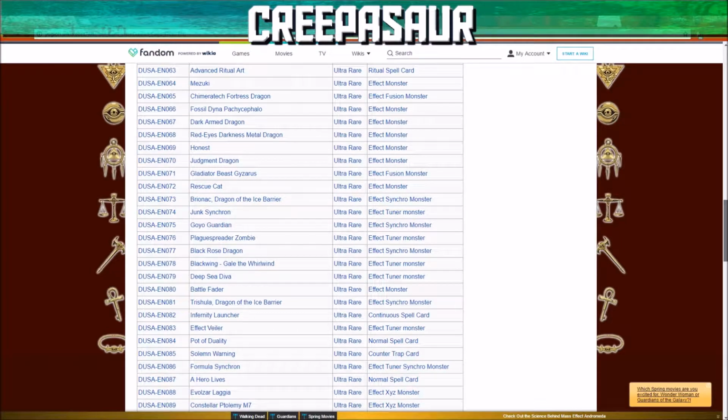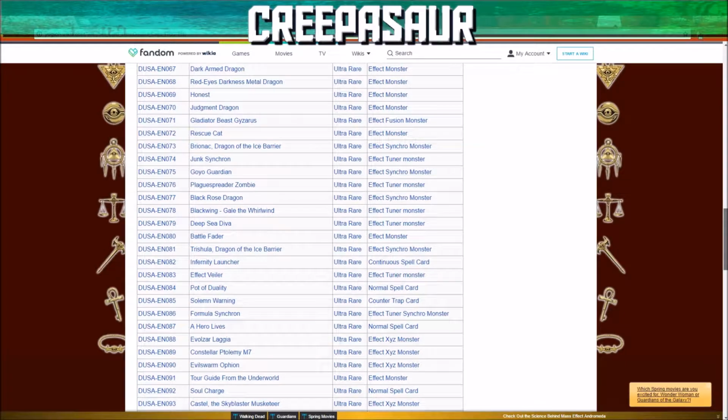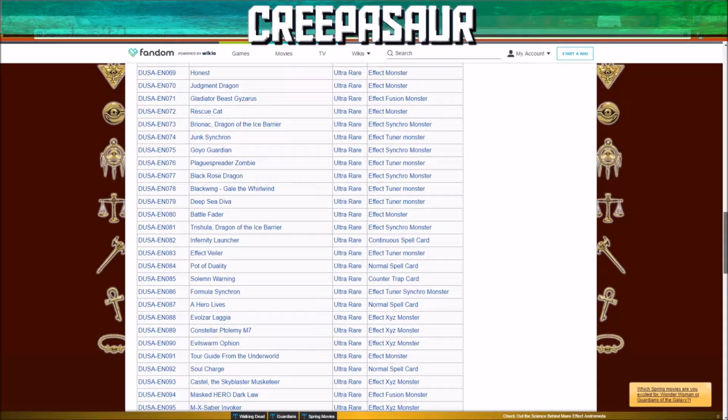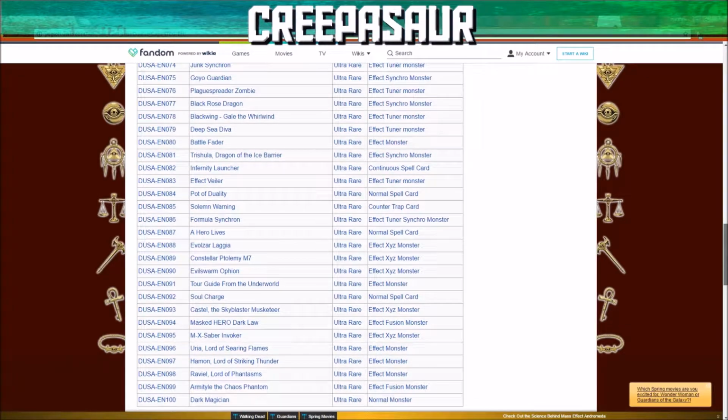We got Effect Veiler, Pot of Duality, Solemn Warning, Formula Synchron, A Hero Lives, Evil Star Logia, Constellar Tolly, MM7, Tour Guide, Soul Charge as another ultra. I don't think it really needed the reprint. Castell, and the card out of here that a lot of people were excited about, and me as well, is